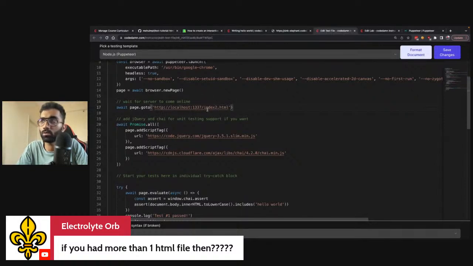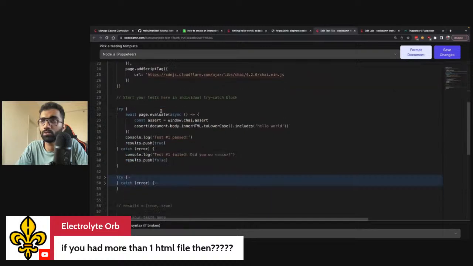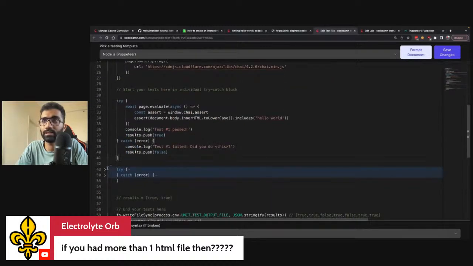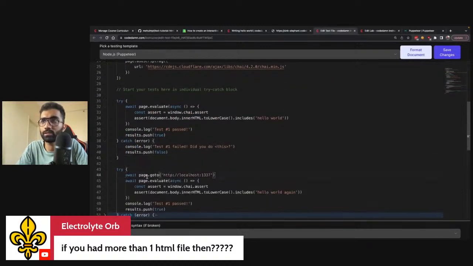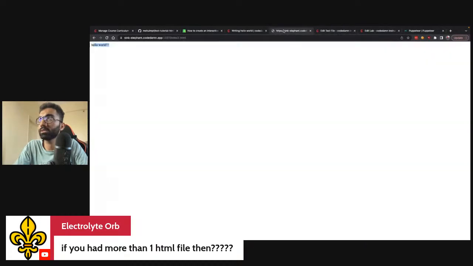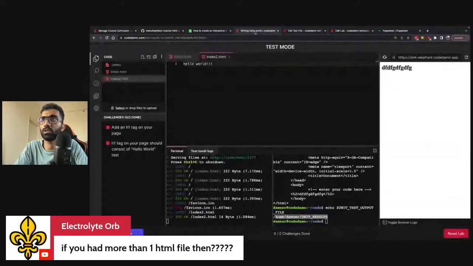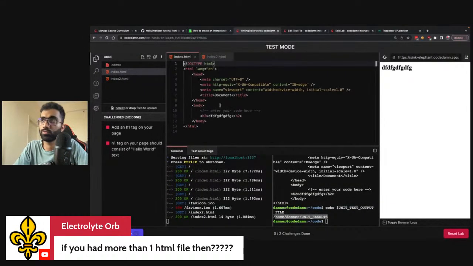So that is how it will work. If you have multiple files, you can go to a different page using Puppeteer. You can control that. So let's say if your second test is inside index2.html, you can say page.goto localhost:1337/index2 and then start evaluating inside of that. Let me know if that makes sense. But anyway, let's keep our focus back on index.html itself, the single file which we were using.